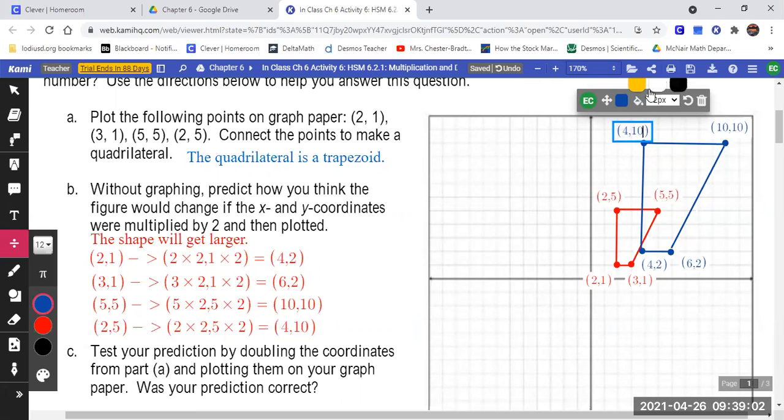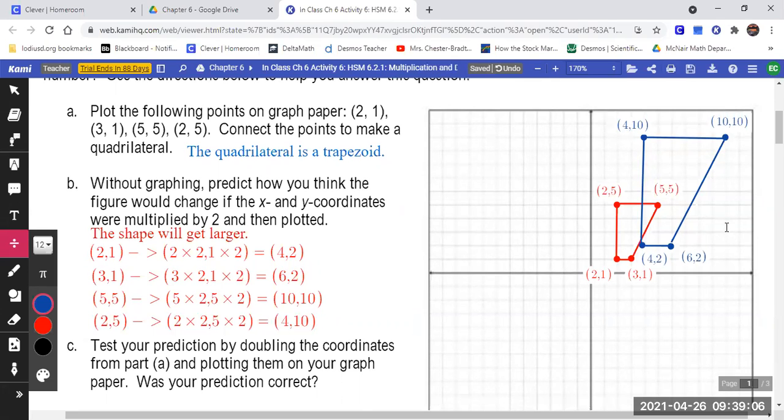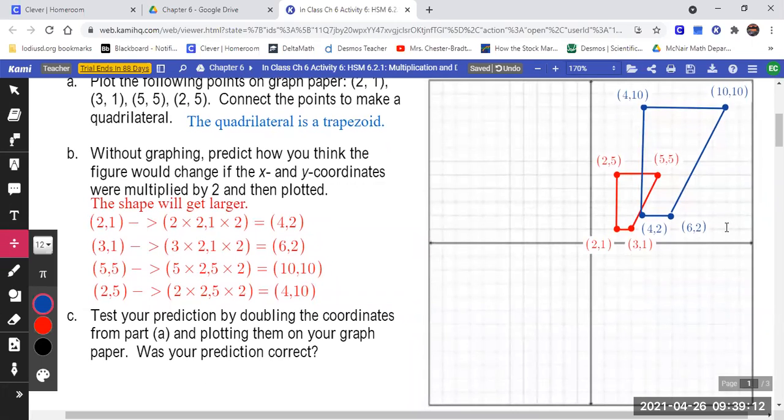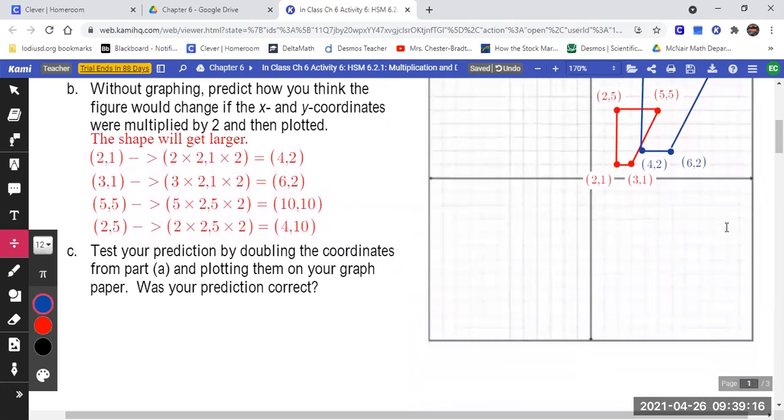I can do it. Okay, so we got all our coordinates on. Everybody agree? Okay, now it says test your prediction of doubling coordinates from part A and plotting them on the graph. Okay, so we tested it. We plotted it on the graph. We saw it got bigger, but what we didn't see